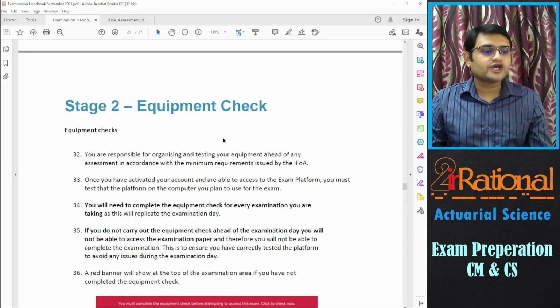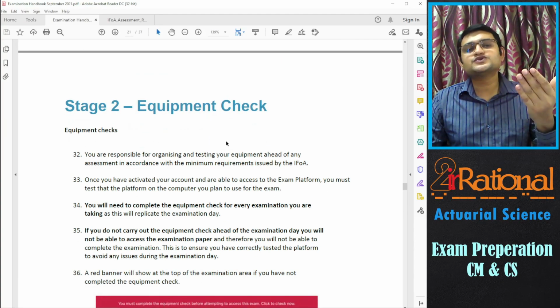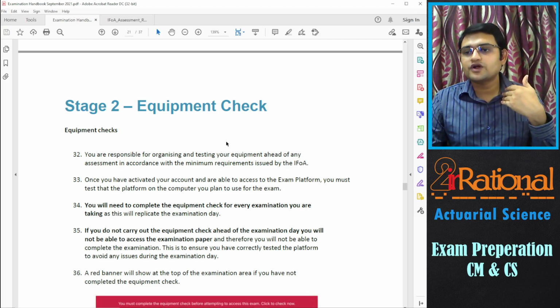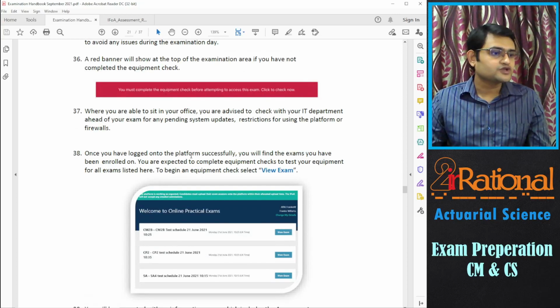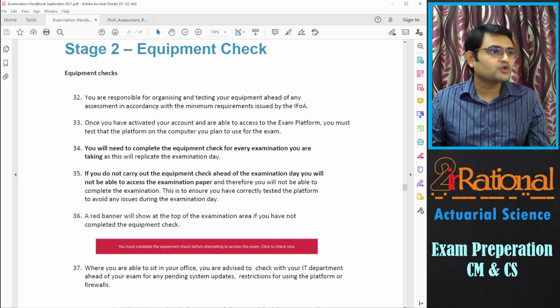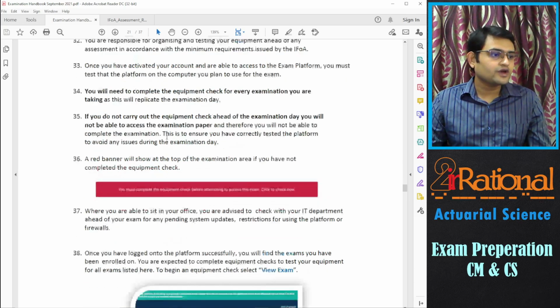Then equipment check. You should check the downloading as well as uploading capability of your web browser. So that is also given here. Okay. You are responsible for organizing and testing your equipment ahead of assessment in accordance with the minimum requirements issued by IFOA.